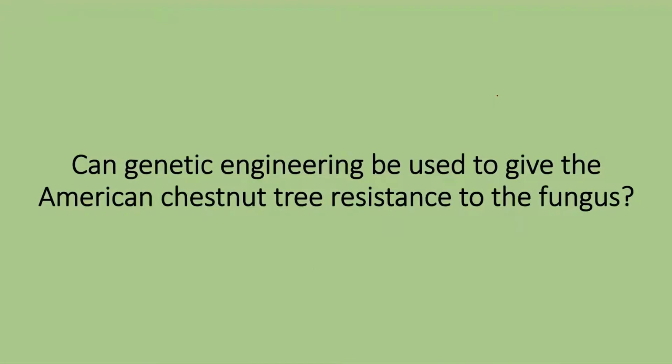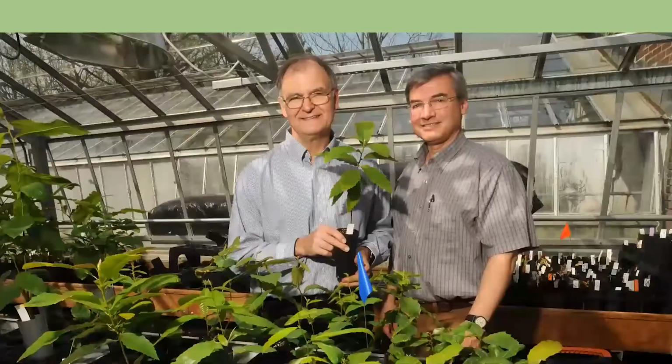Because of these questions, the members of the New York chapter brought a question to my supervisor and his colleague at the time: can genetic engineering be used to give the American chestnut tree resistance to the fungus? Genetic engineering has traditionally been used to insert, very precisely, genes that you're interested in delivering to a plant species, and one of the genes could be giving the tree resistance to the fungus. So this question was brought up, and then over the next 30 years, pretty much,